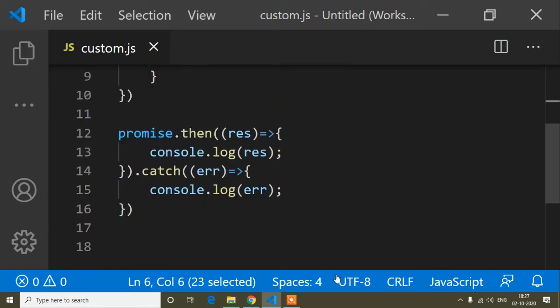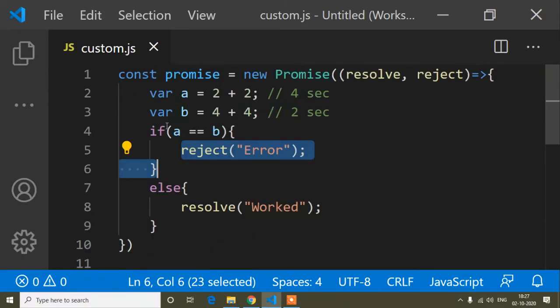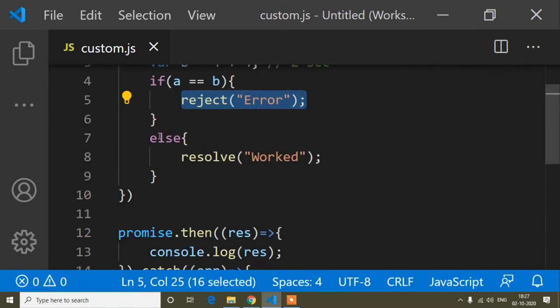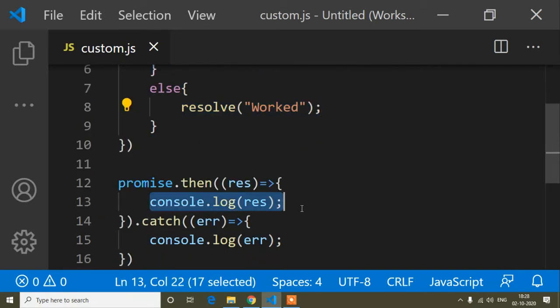So suppose I run and refresh it. You can see we are getting work, because a is not similar to b. So that's why it comes to this else one. So else it's work, and dot then is taking the resolved value, so we are getting work.